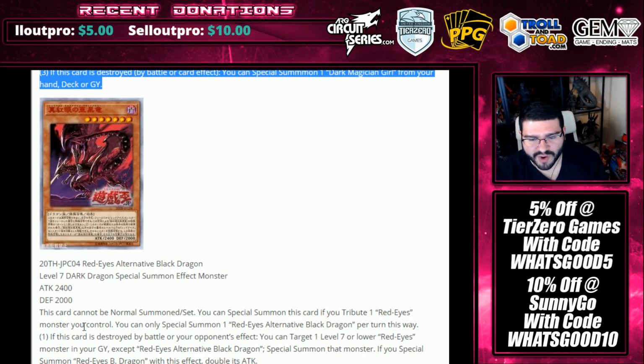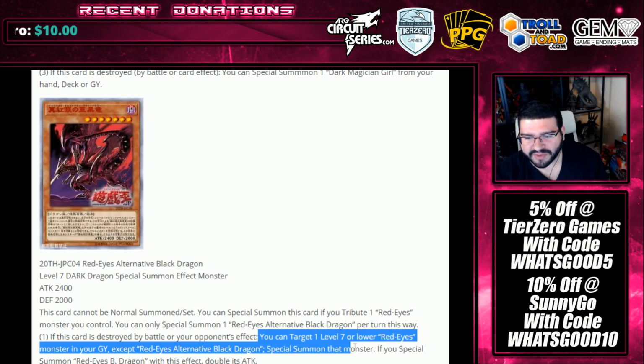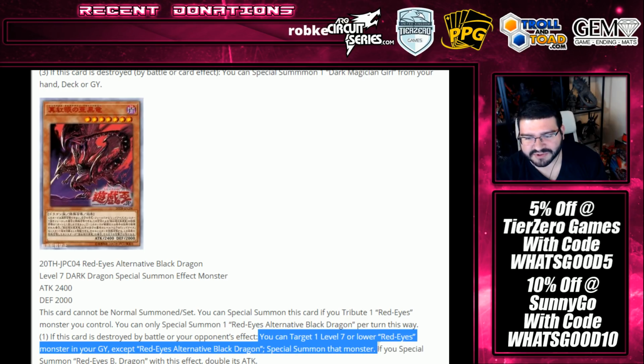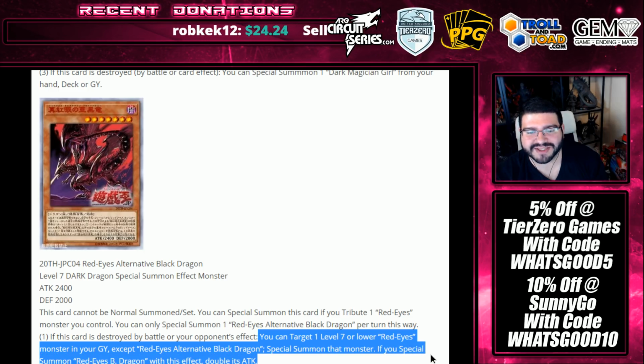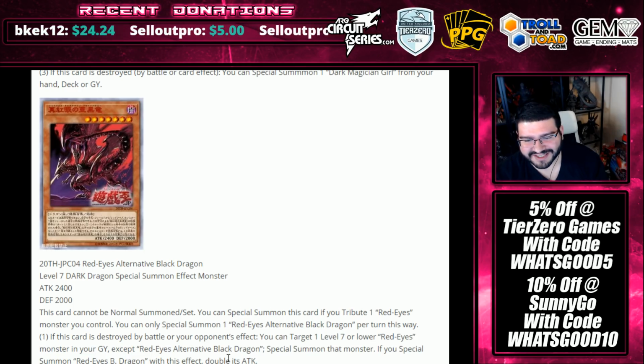If this card is destroyed by battle or your opponent's effect, not the same as the other one, you can target one level 7 or lower Red Eyes monster in your graveyard, except Red Eyes alternative Black Dragon, special summon that monster. If you special summon a Red Eyes B Dragon with this effect, double its attack. Okay, that's a little cute, so, yeah, but, I